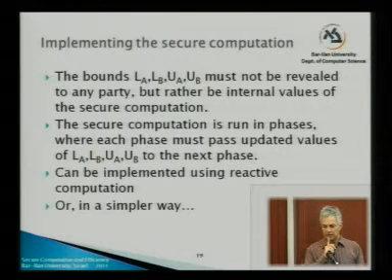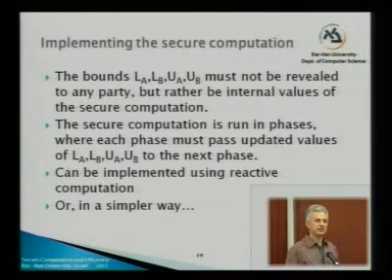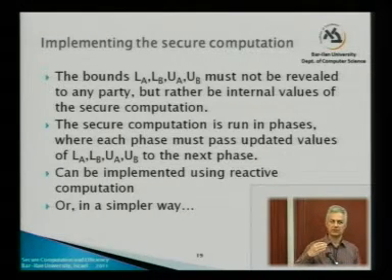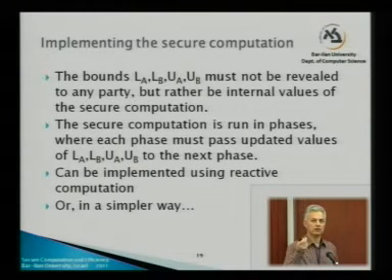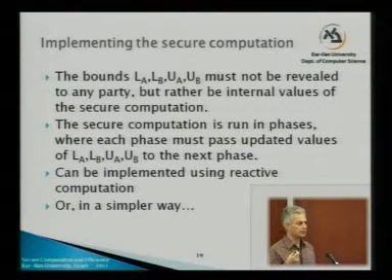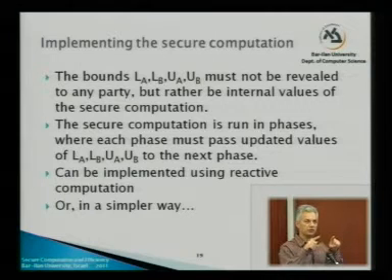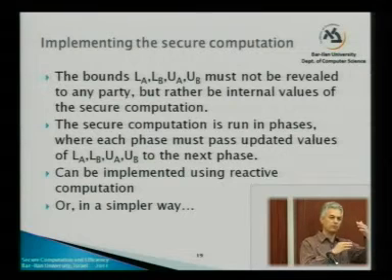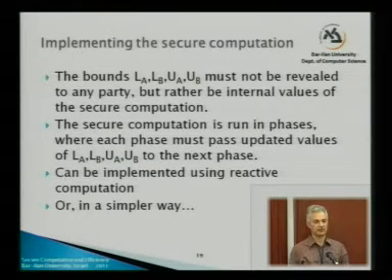So how do we implement this? We shouldn't reveal these bounds to the other parties. We shouldn't reveal a bound on Alice's input to Bob, because then he learns what the exact value of Alice's median was, right? So we shouldn't reveal these items to the two parties. And also, in each step, we do a comparison with the secure protocol, say with the circuit, and these bounds should somehow flow away from one comparison to the other,